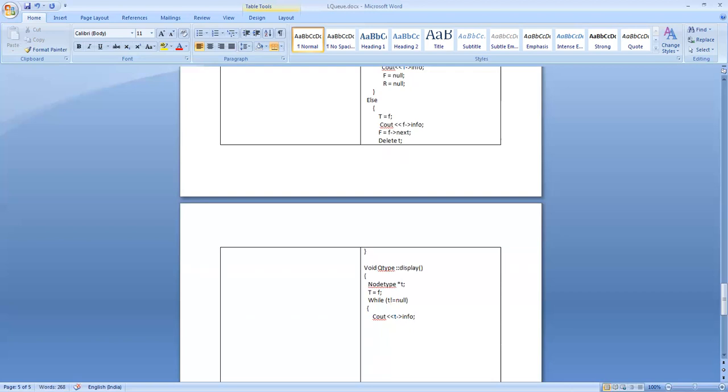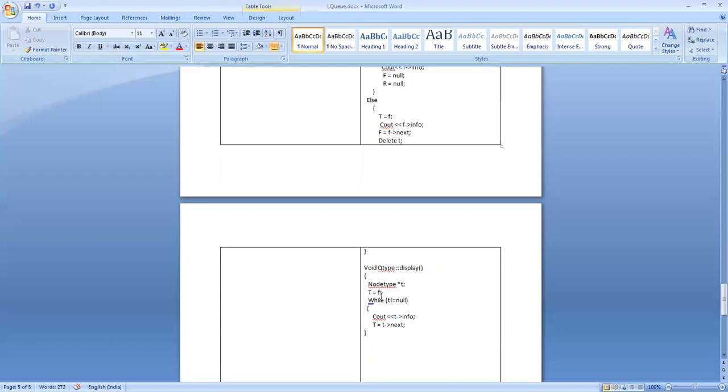Then you move t to the next node. The next node is pointed by t next, so t is equal to t reference next. Then you finish it off.